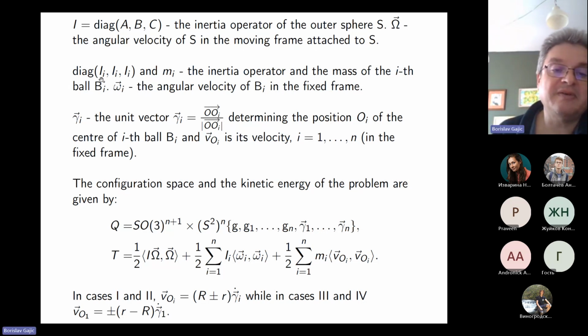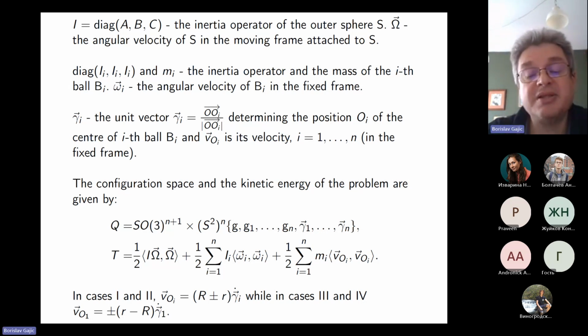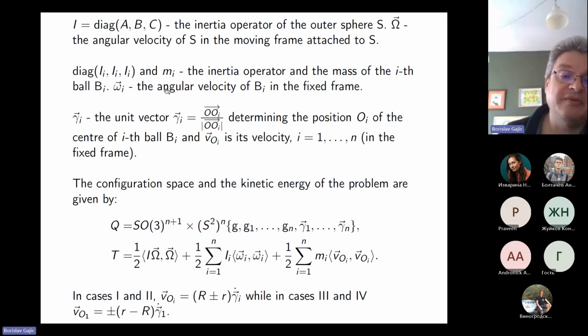We have n homogeneous balls, so the moment of inertia is simply multiplying by a scalar I. I is the mass of each ball, and for the angular velocity of the ball, we take the angular velocity in the fixed frame, with respect to the ball S0, and we have